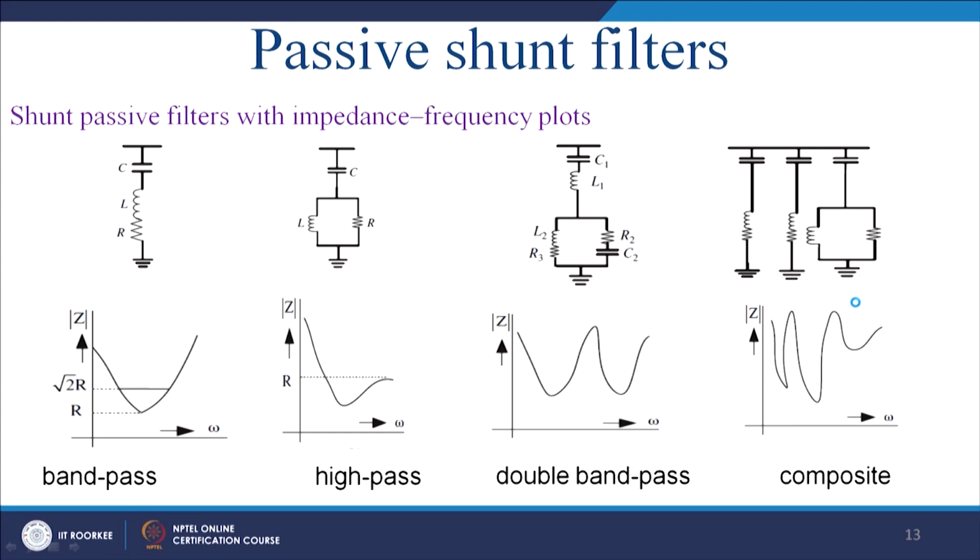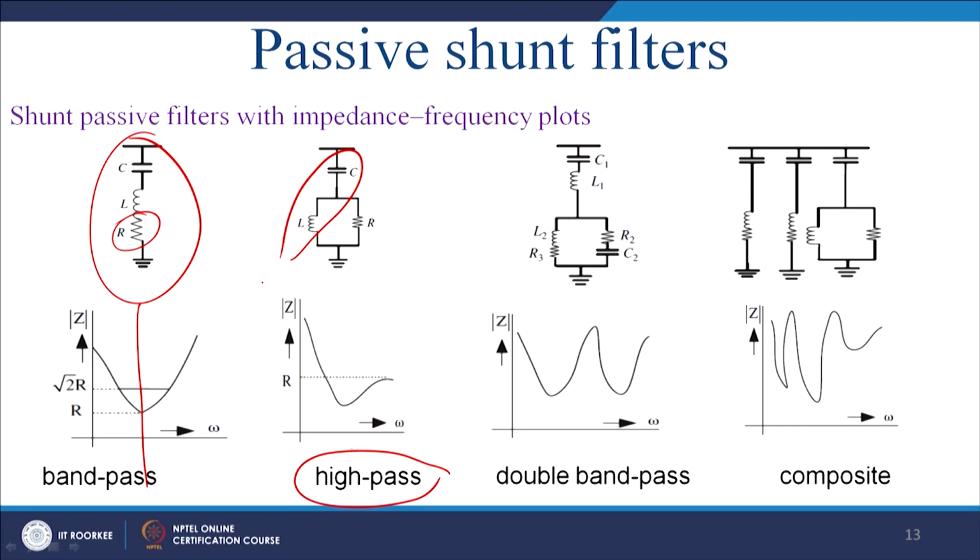Let us see how it will behave. You have the band pass filter, and this will sink at this particular point, and it will give you the anti-resonance at a particular value of omega. You are required to damp it properly, otherwise there will be a very sharp anti-resonance. Similarly, you can have a high pass filter with this combination, and the response will be like this.